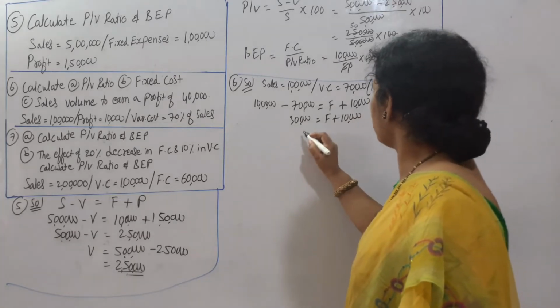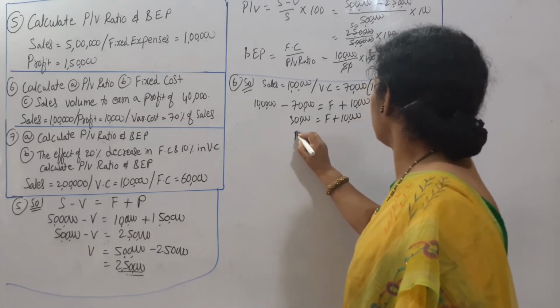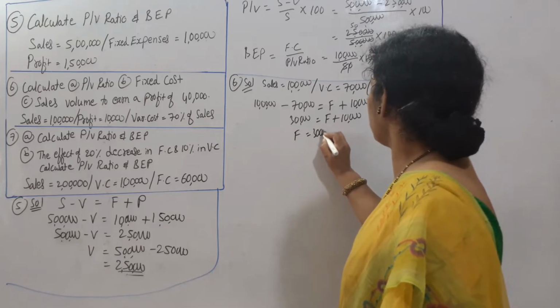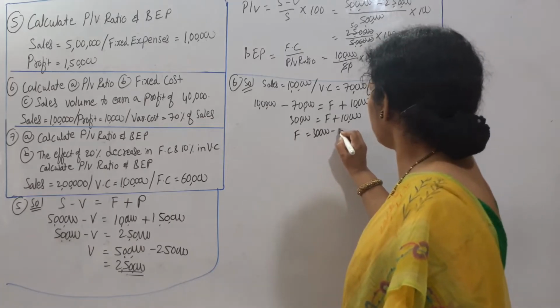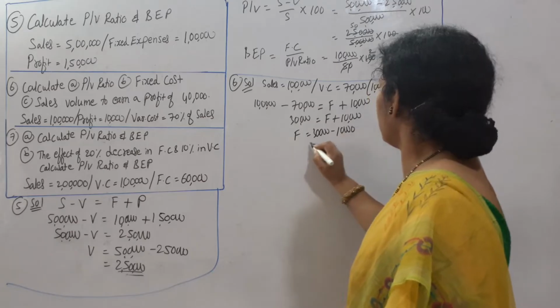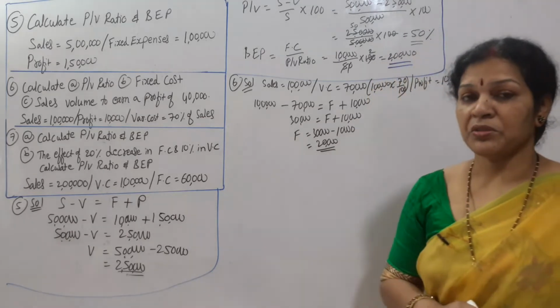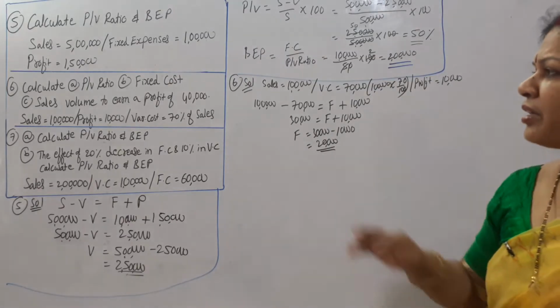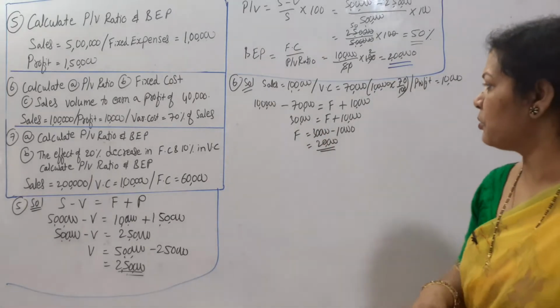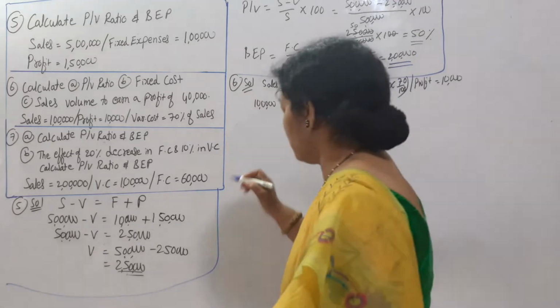Means we can take out this 10,000. F is equal to 30,000 minus 10,000. That is 20,000 is the fixed cost. When fixed cost is 20,000, it is very easy to calculate the rest of the things they are asking, PV ratio, okay. So PV ratio is equal to